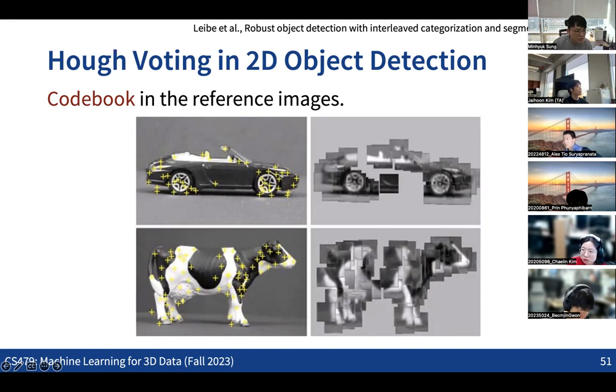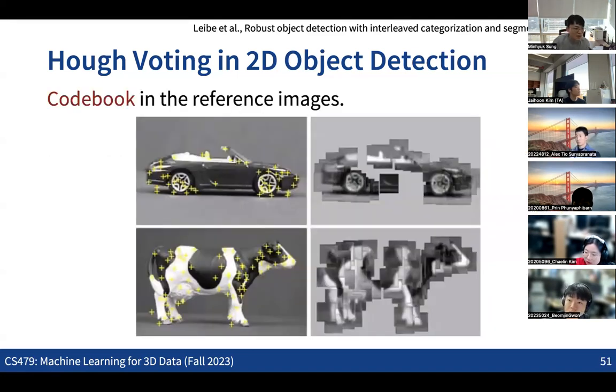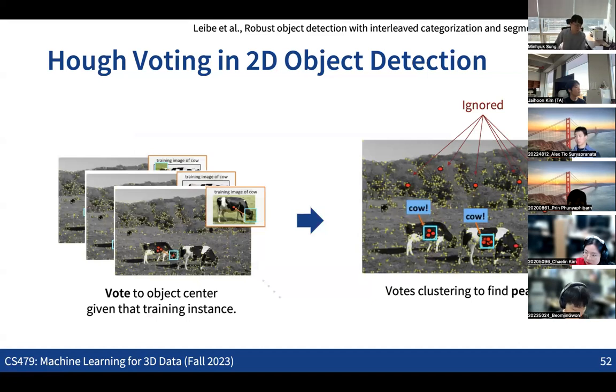So based on this information, if we match the local patch in the input image with one of the patches in the reference set, we can vote for the center of the objects, right? So now we have the parameter space, which becomes the center of the objects, and each of the local patches is voting for the center of the objects, right? So we can use the same idea of accumulating all the votes for the centers of the objects, and then do some kind of mean shift clustering to collect the peak points. Then we can see that these peak points become the centers of the